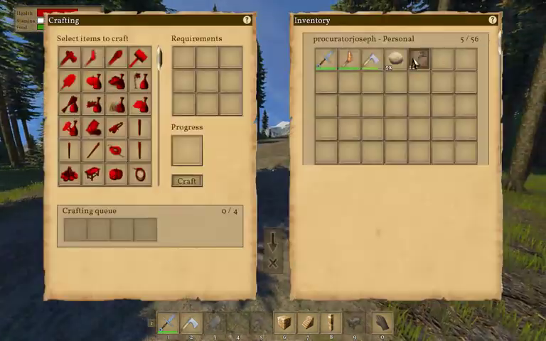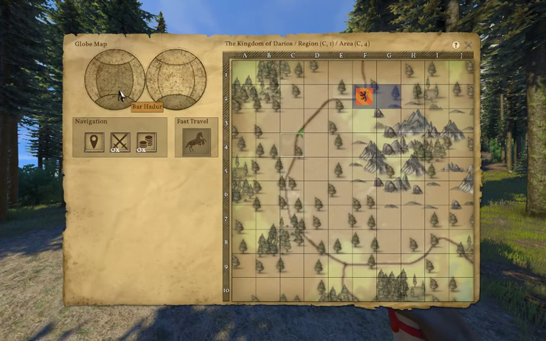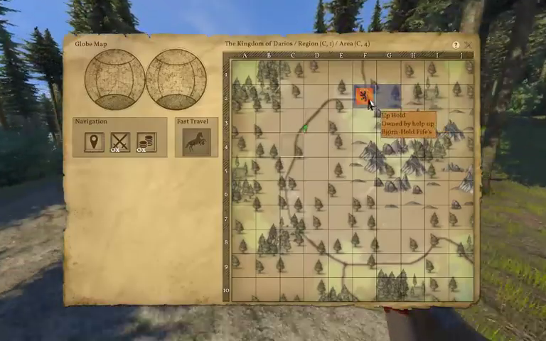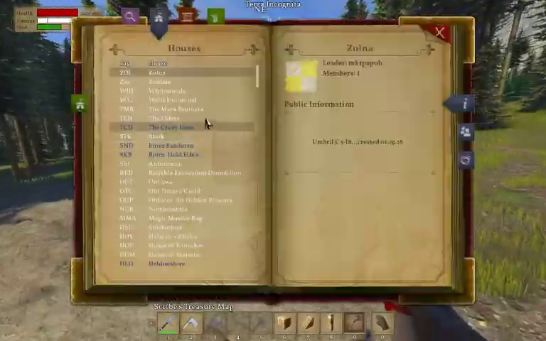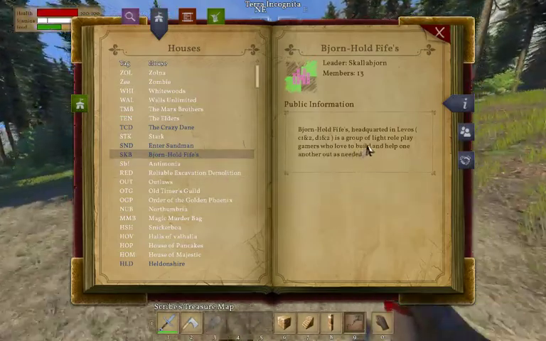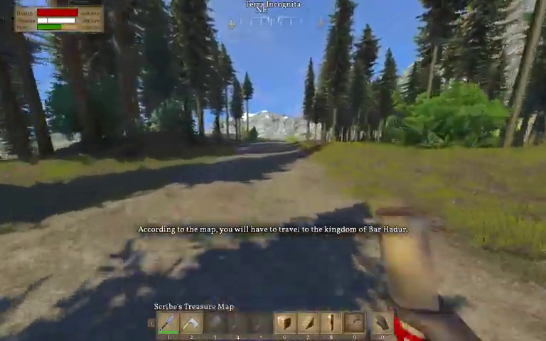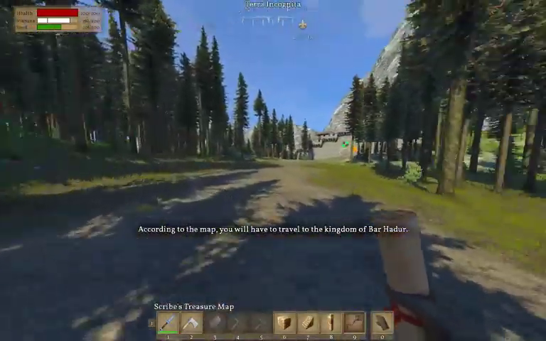I also got another scribes map because why not? And it's in Bar Harder, which is up here, so eventually we can start heading that direction, but for now I'm just mostly curious about this Bjornhold Fifes. I think he means fiefs. That seems like a weird spelling to me, but maybe that's what he means. I don't know. These guys are usually pretty cool. Bjorn, Scalabjorn, the guy, and his posse of...